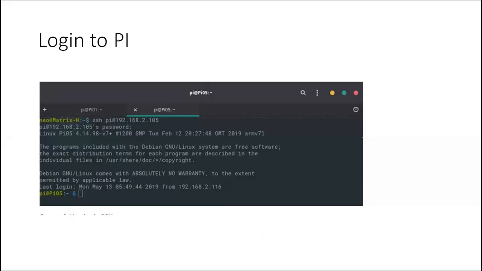Like this, you can keep a data sheet listing how many Raspberry Pis are installed in your industry, with the IP address against each. If you know the IP address, you can connect from any system to a Raspberry Pi and control it.